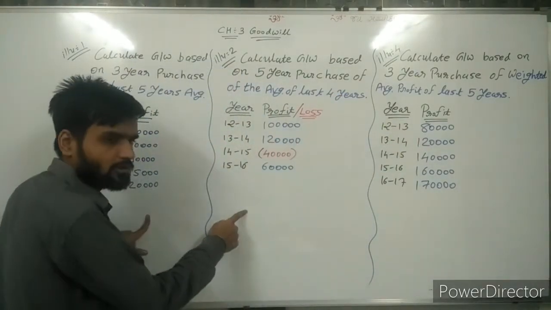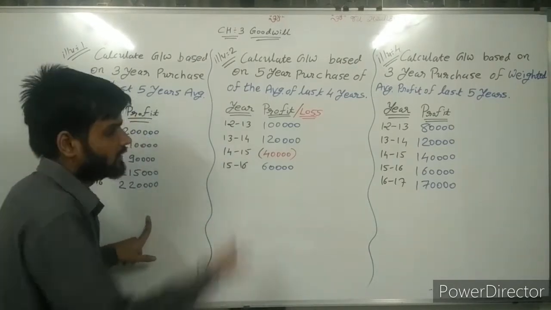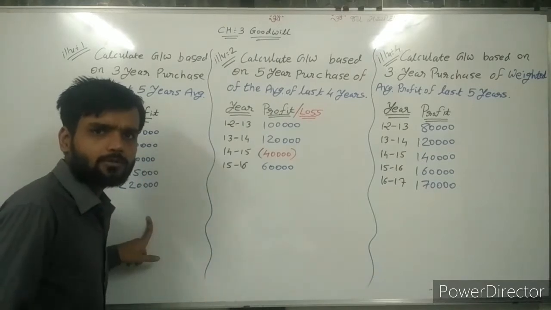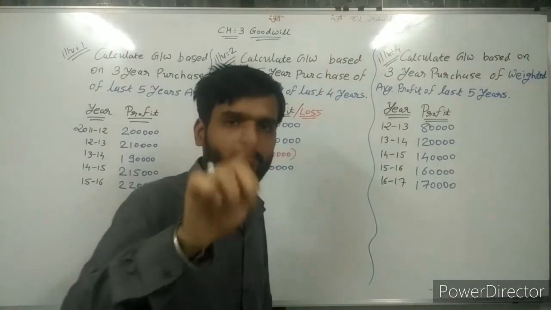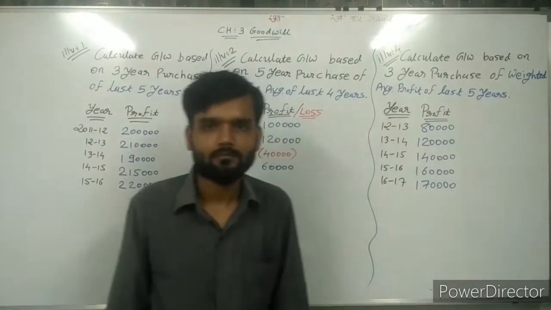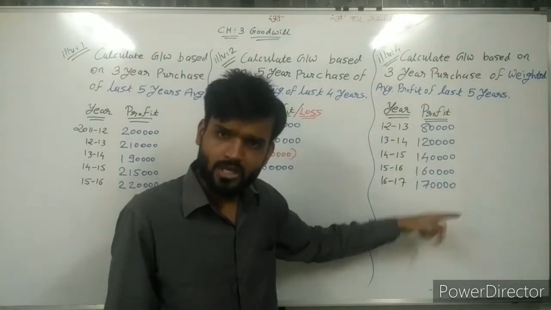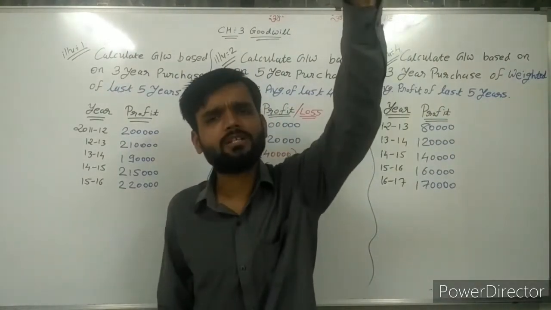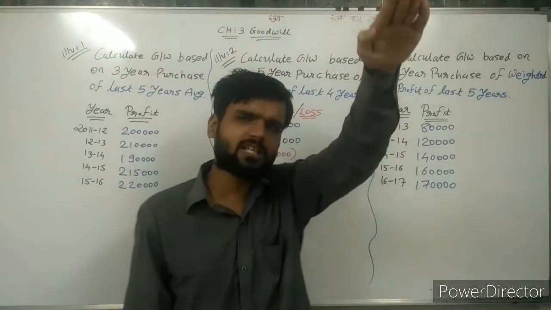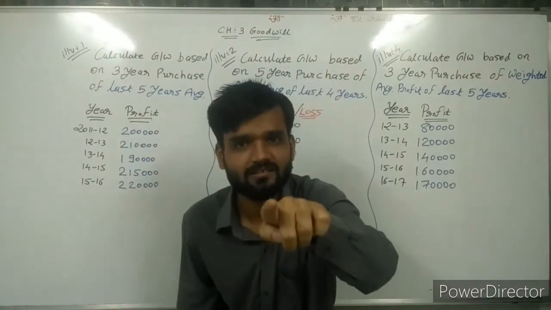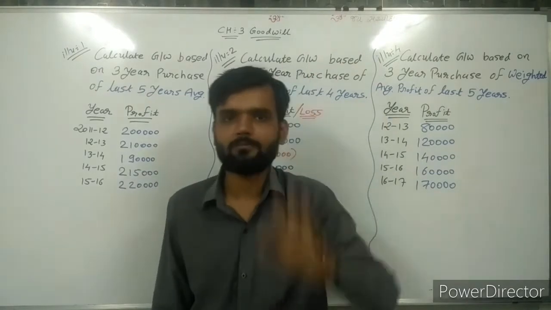Don't give weight to the first, and we cannot give weight here, not at all. So here variations are very, very much. So in this way, we can make one rule. If the profit of the firm is increasing every year only, then weight should be given to that particular firm.